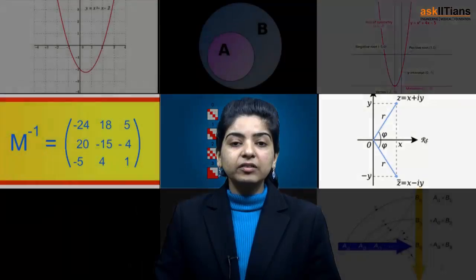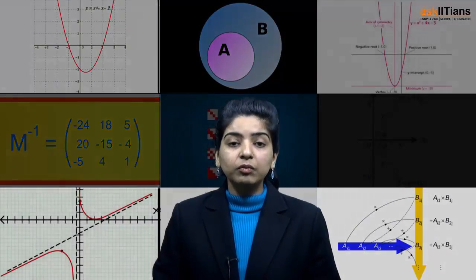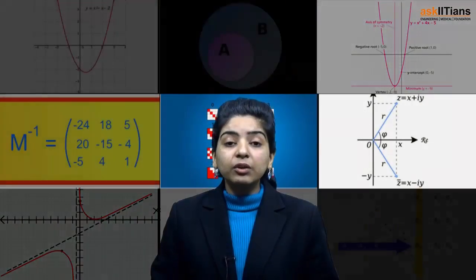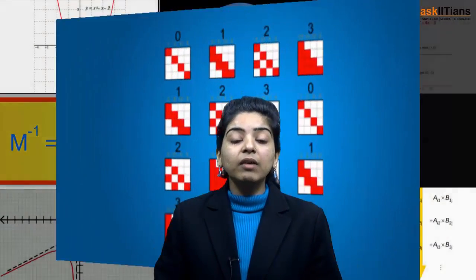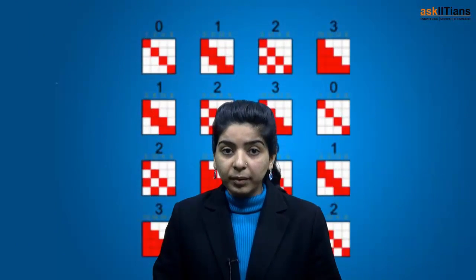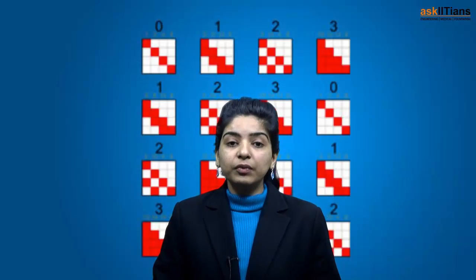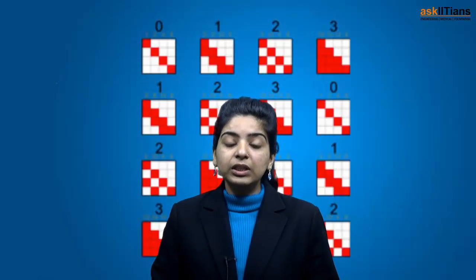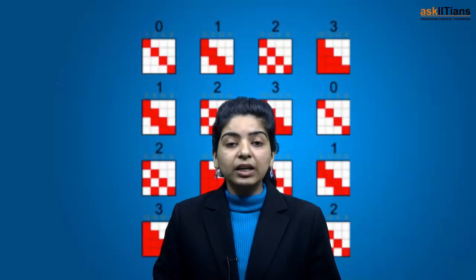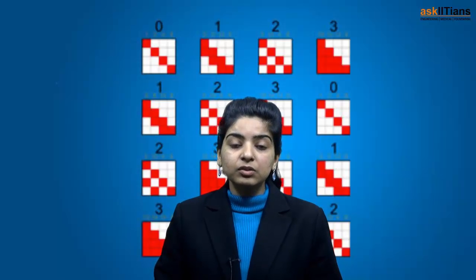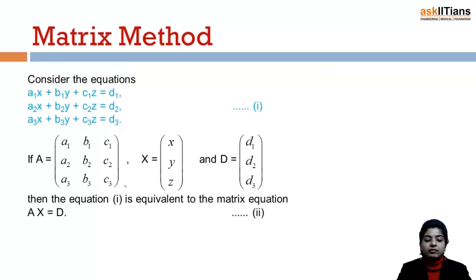Now we'll be discussing the next method, that is the matrix method of solving a system of equations. You'll get to know the various conditions, like if you have a singular matrix or a non-singular matrix and it satisfies certain conditions, like adjoint of A into D is 0, or if adjoint of A into D is non-zero, then what happens on the solution of system of equations. Once we are done with this, we'll be switching to the next topic, that is the concept of augmented matrix. So keep watching. Okay, so now we have the next method, that is the matrix method.